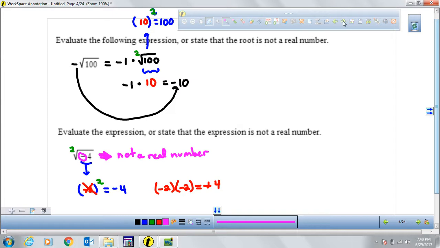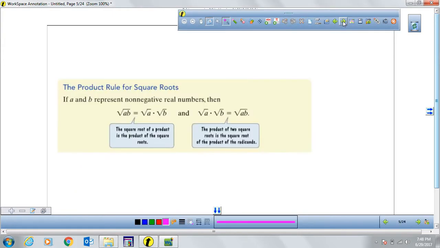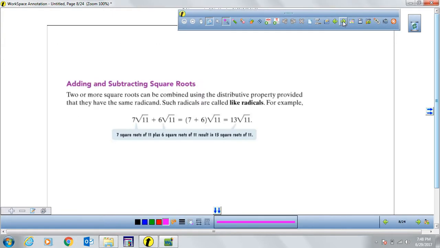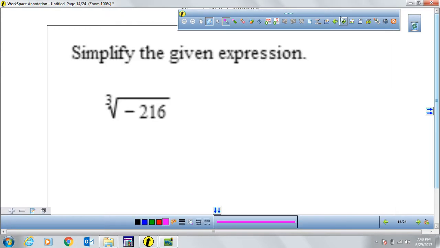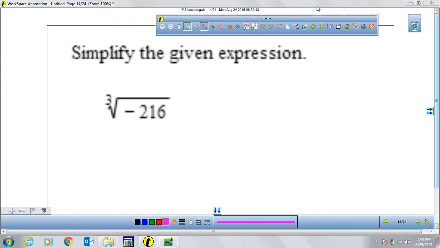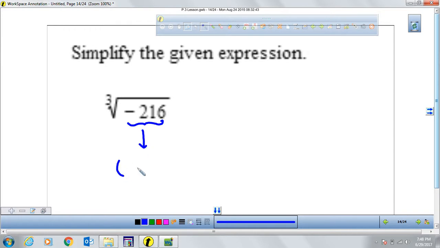Now, let's work on a couple more cases on radicals before we come back to all of those things that we're going to talk about. Now, the next thing that we're going to discuss is this other radical. This radical right here represents a cube root. On this one, we are trying to find, this is a -216, so which means we're trying to find a number that when I raise it to the third power, that's my index, it equals